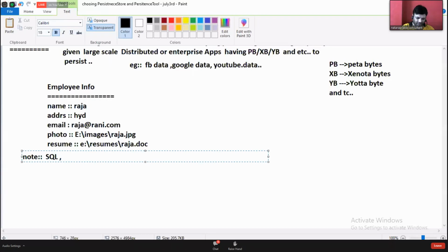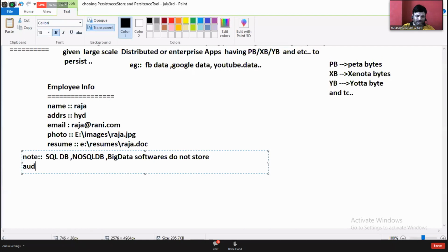SQL DB, NoSQL DB, big data softwares do not store audio, video, image files directly in records.